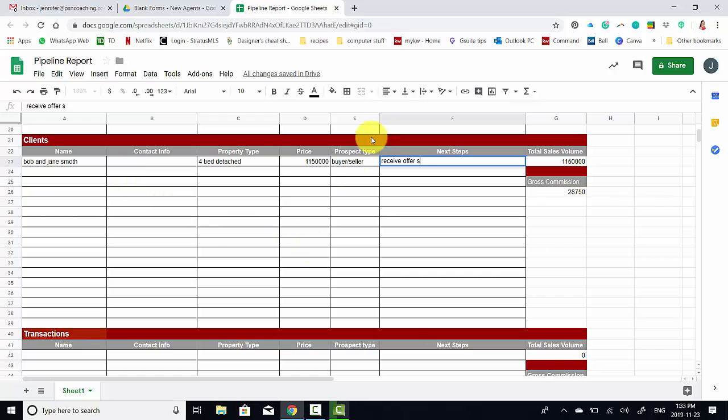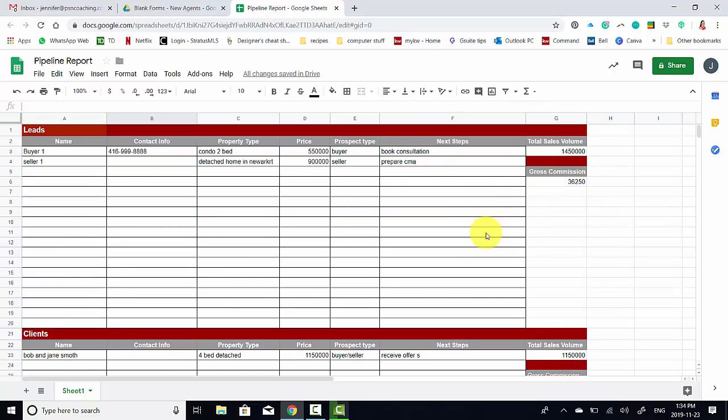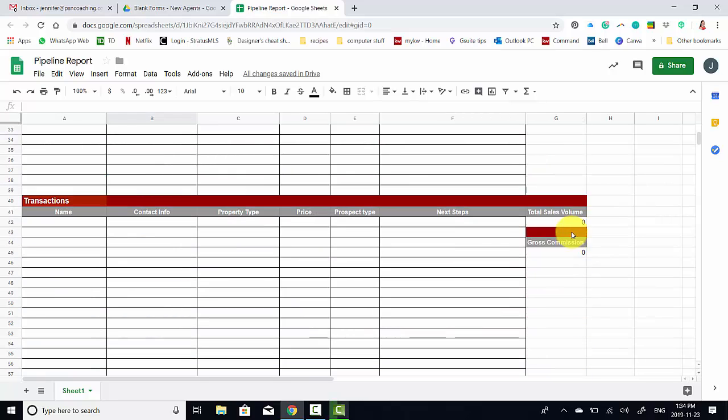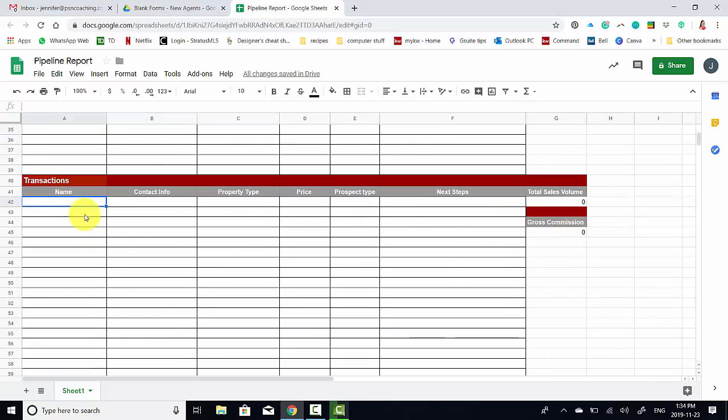Okay, so that's what that's going to look like, and you're going to do that with everybody that's an active client, whether they're buyer, seller, investor, and that's going to show you what you potentially have in more reasonably expected income. So up here is going to be overall what you could potentially make. This is going to be what you're more likely to make. And then down at the bottom, these are all of your sales. So once you have a firm contract written, whether it's closed or closing, doesn't matter, you're going to list them here. So you might have, I don't know, Beth Davis,